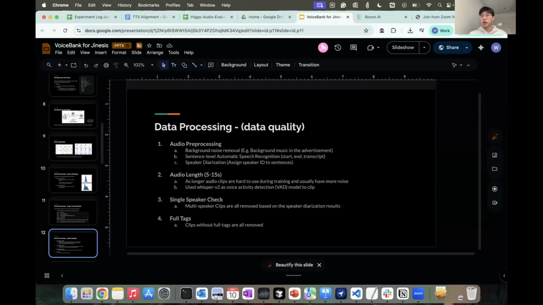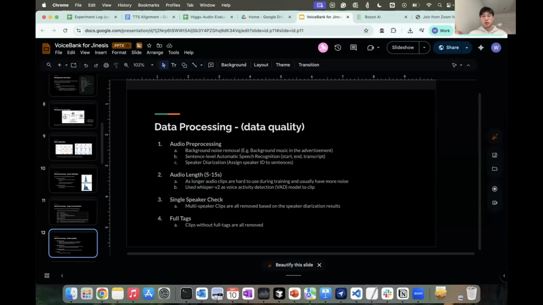So usually there will be lots of background noises and background music. So we just remove all of them. And we also did sentence-level ASR, automatic speech recognition, to get for each sentence its transcript and also the start and end timestamps. And we also did speaker diarization to assign the sentences to each speaker ID.